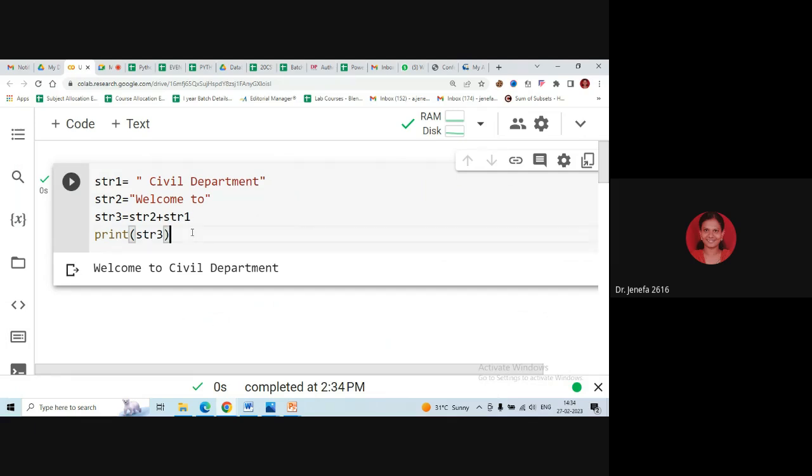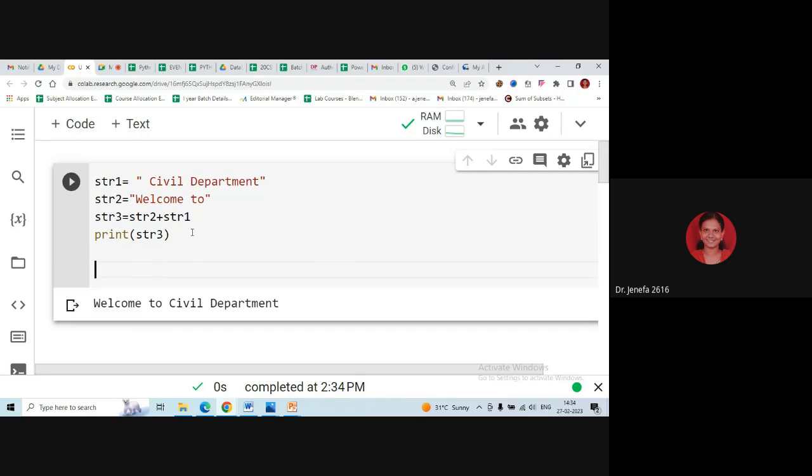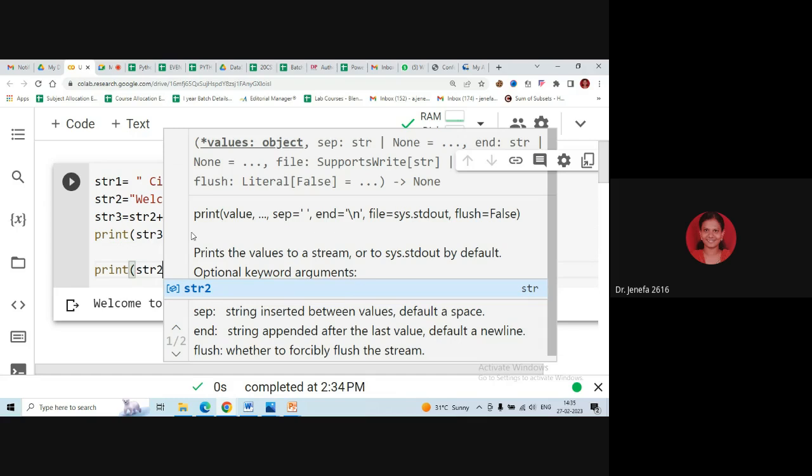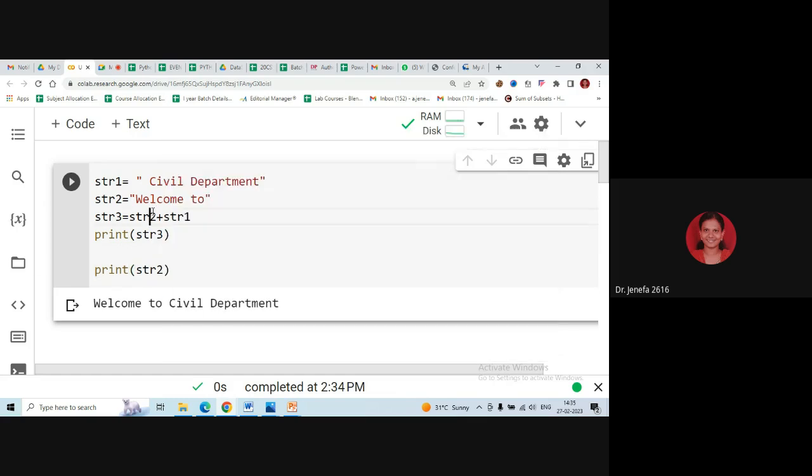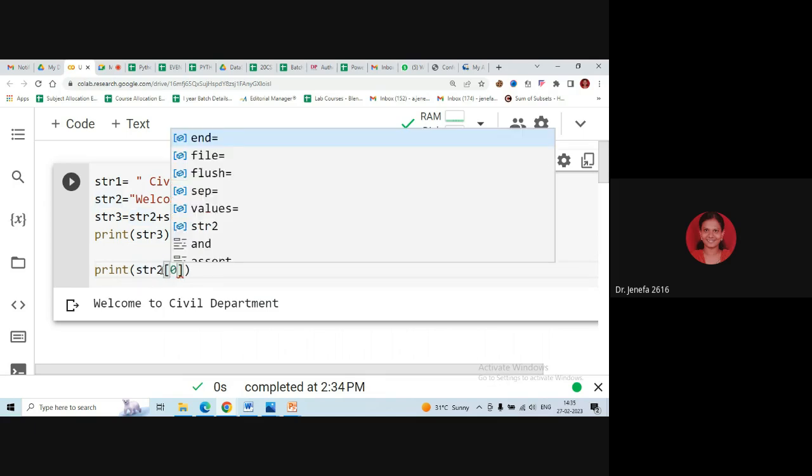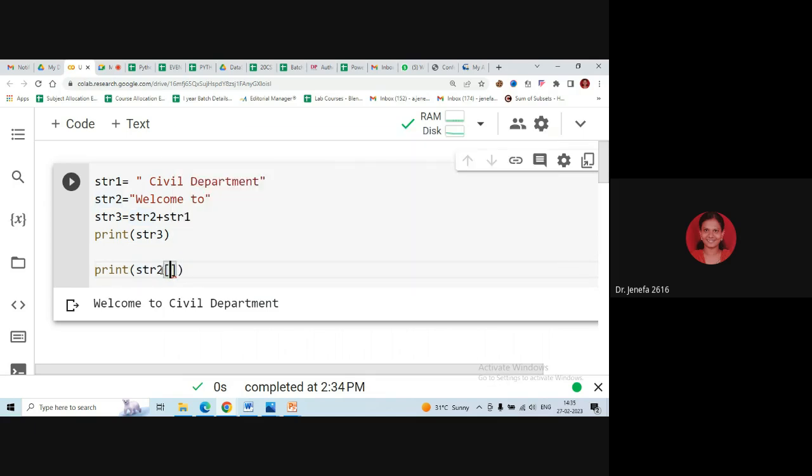Now let's see how string slicing works. I'm going to print only this word welcome from str2 by using string slicing. The index value for W is 0, so 0, 1, 2, 3, 4, 5, 6. So now I'm going to do the string slicing. There is no need to give the starting value because I am going to print the values from the specified